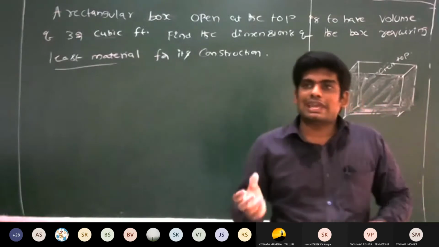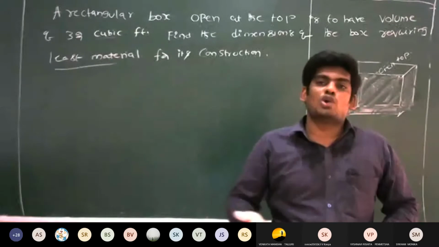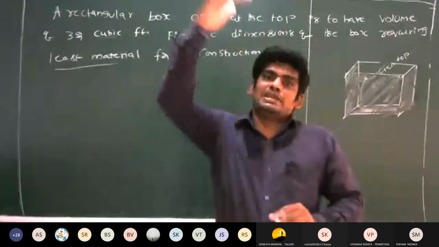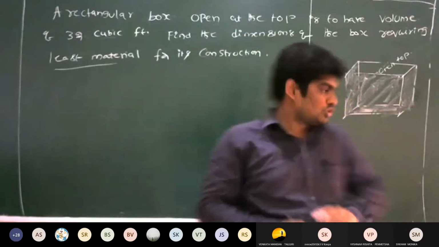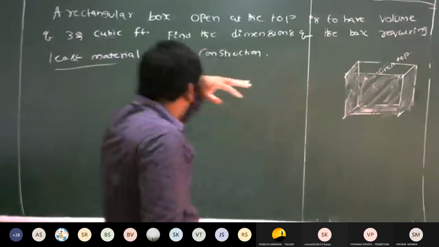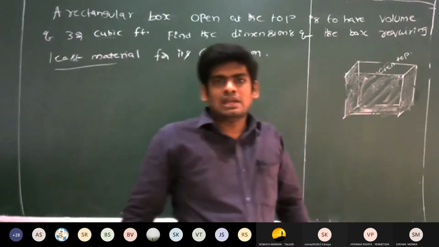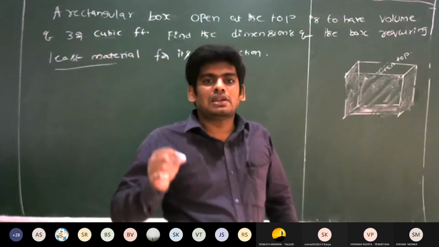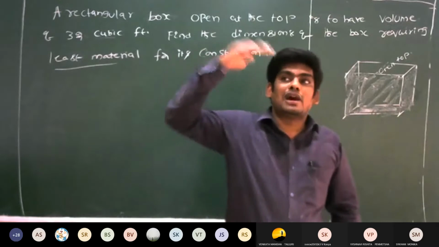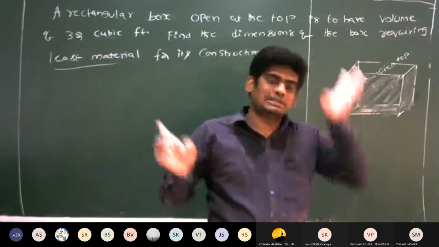So it looks like a slabless house. Slabless house means the house is constructed clearly, but the top is open. That type of house, right? Now here, it looks like a rectangular indoor stadium. You observe that the top is open. In the case of indoor stadiums, I think the top is open.